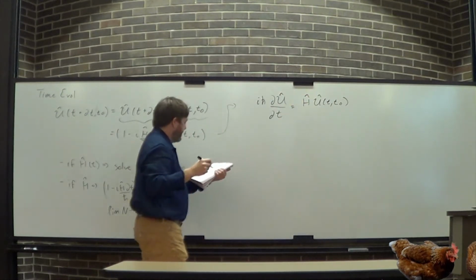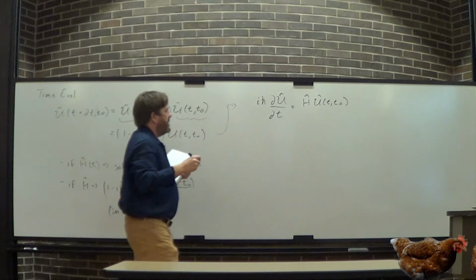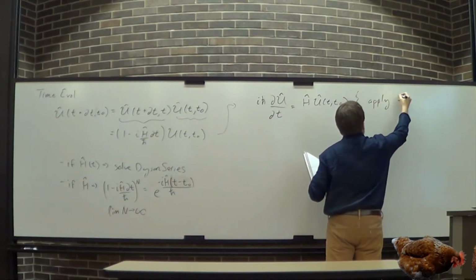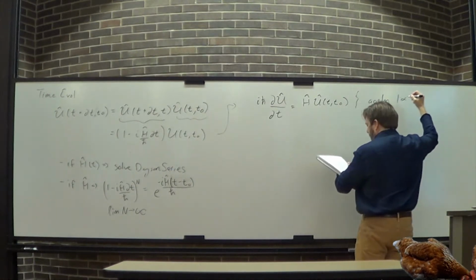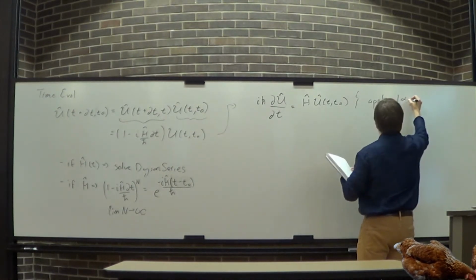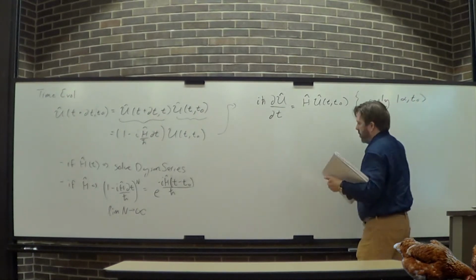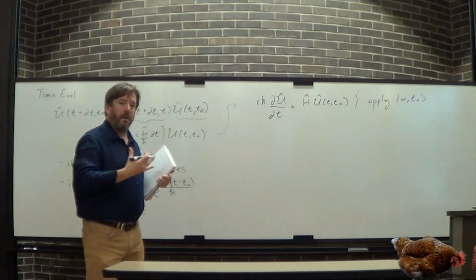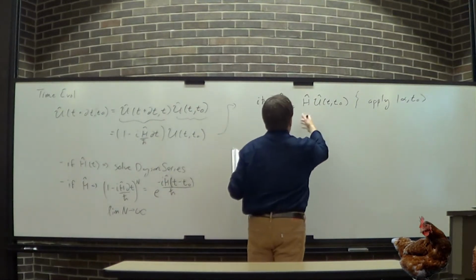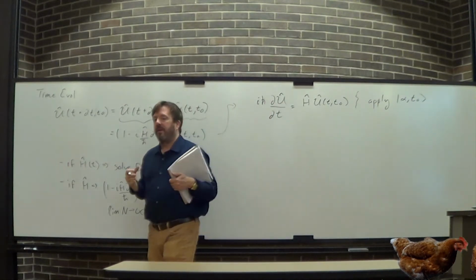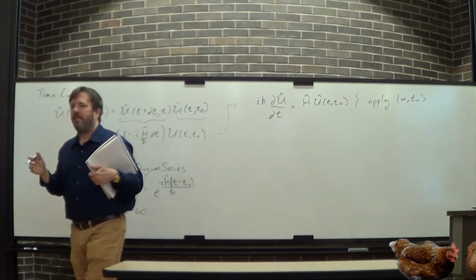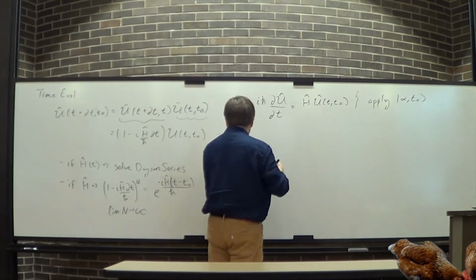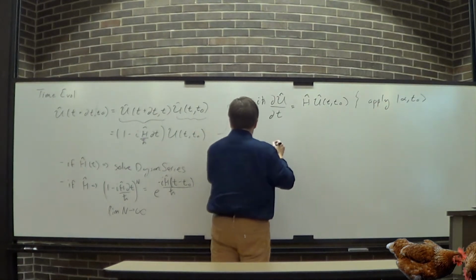Okay, if I do that, then what you do is apply a state, and we will make this a non-time evolving state. So remember, that is the correct notation for a state like we've been doing from now on. So instead of trying to figure out what the operator is, not that we haven't, we did that last time, let's just go from here, not worry about the operator, let's just apply a state to both sides. So what you end up with is